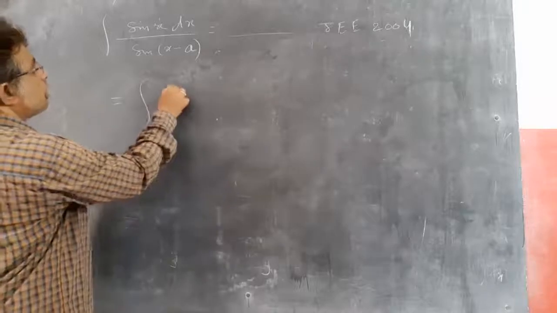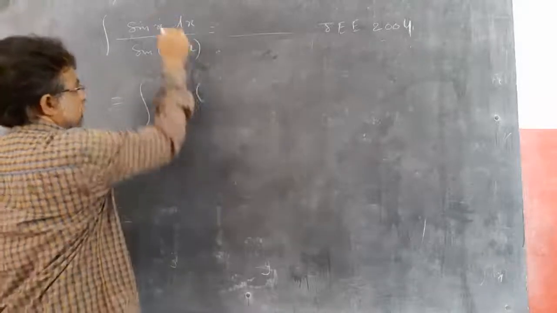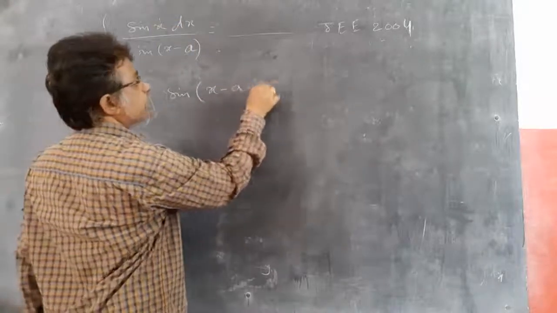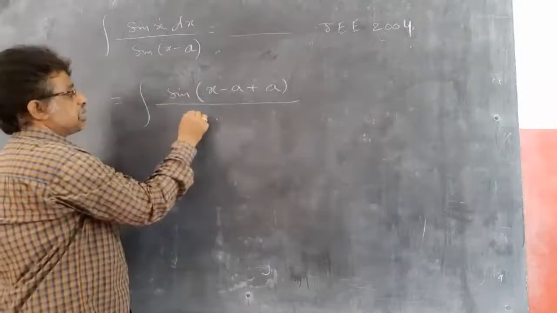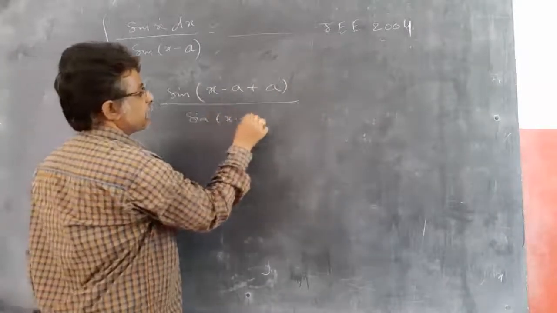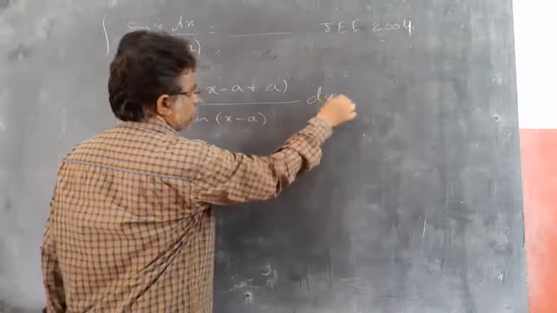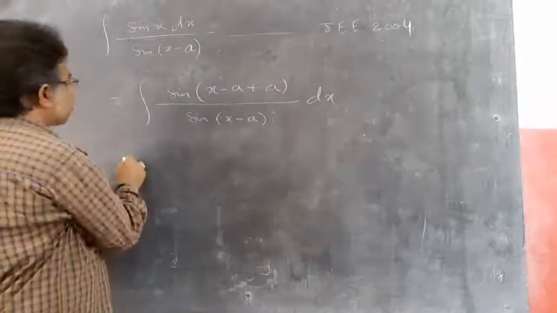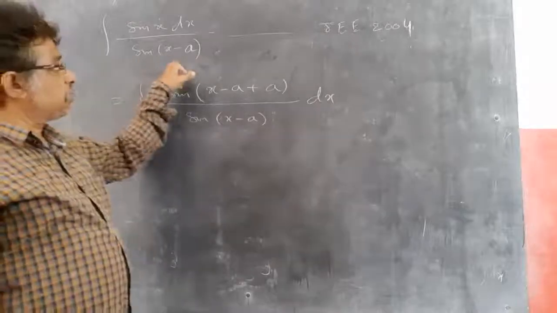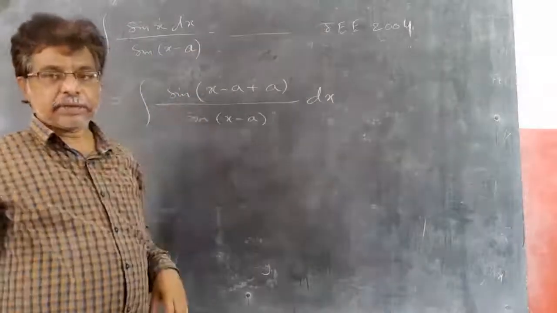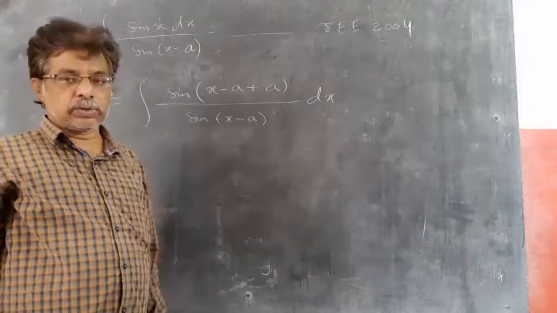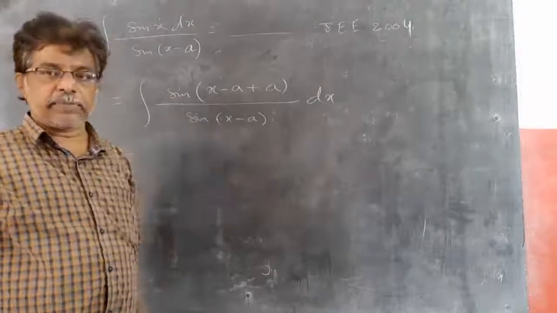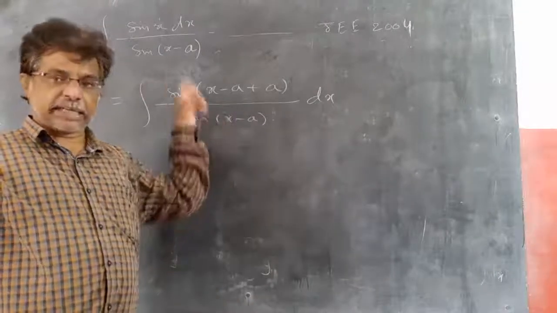Integral of sin x, the same procedure I will do. Minus a plus a, so that value will not change, by sin of (x minus a) dx. That's why I told you the previous sum also has the same method, because any sum you can do like this. Here if you expand you will get sin a cos a, you can't factor. There sin 45 is 1 by root 2, cos 45 is 1 by root 2. That's why you can go for the second method also in that sum.